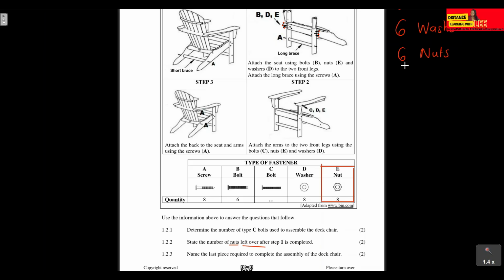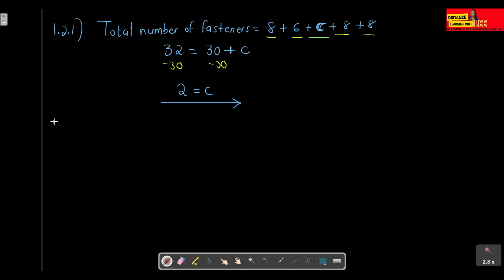So if we've used 6 nuts in the first step, then for question 1.2.2, the nuts left over after step 1 is completed